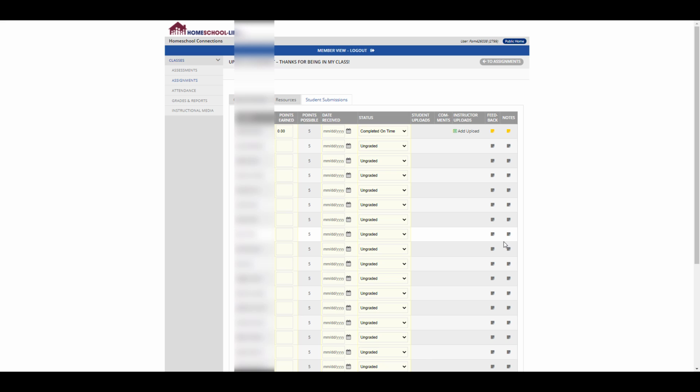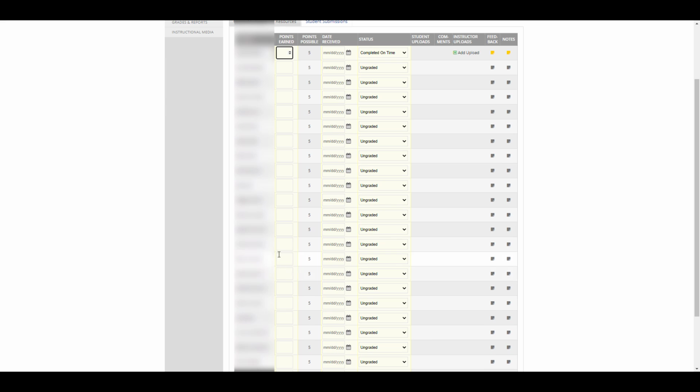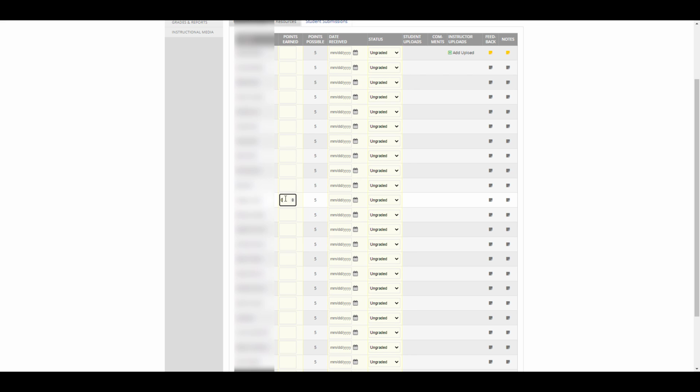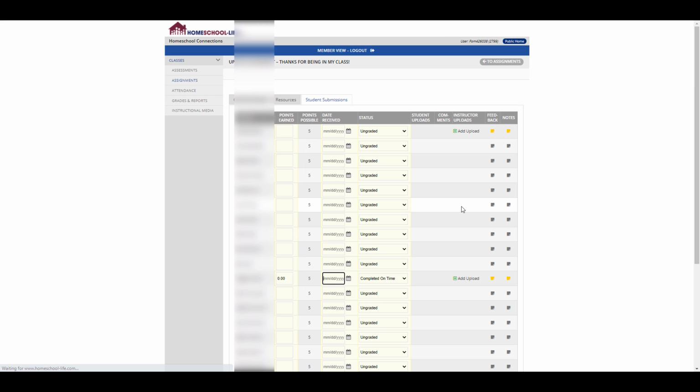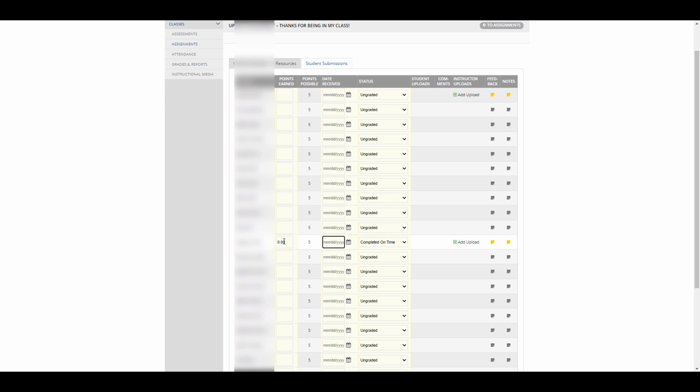I don't know who I want to pick on. I'm going to pick on Teague. So another annoying thing is when you put this in and then either press tab or click somewhere else, it does this weird little page reload thing. If you're used to Excel, where if you press enter it goes down to the next line, that does not happen here. So I've given Teague a 0. I'm going to say, hey,